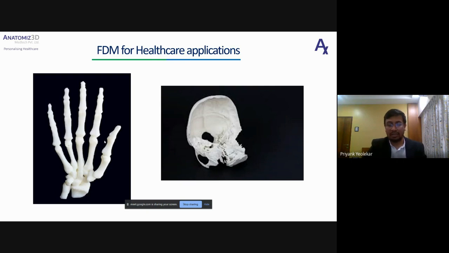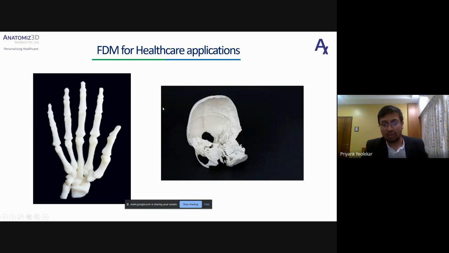But if you have multiple models which you have kept on the build platform during the build preparation, then it will take a lot of time, and the print times can go up to like 1 day, 2 days, something like that. So that is another disadvantage when it comes to FDM printing.